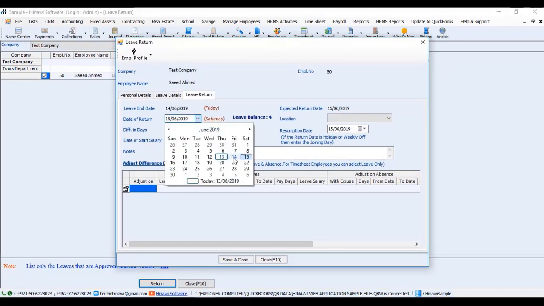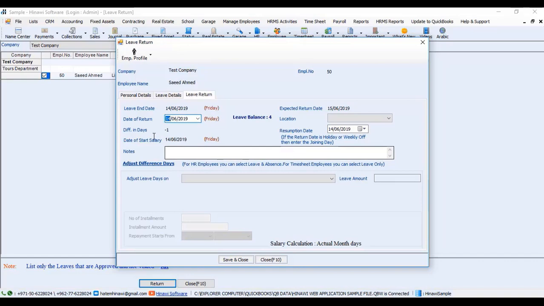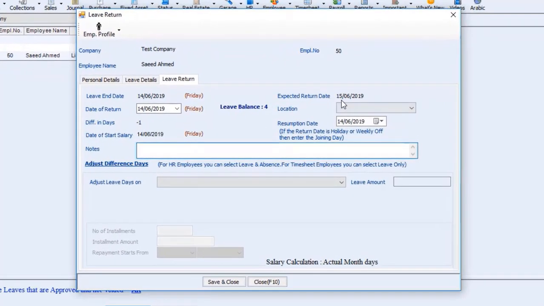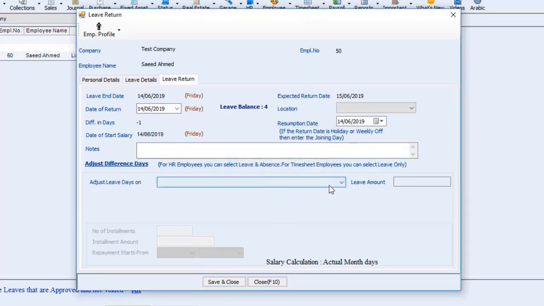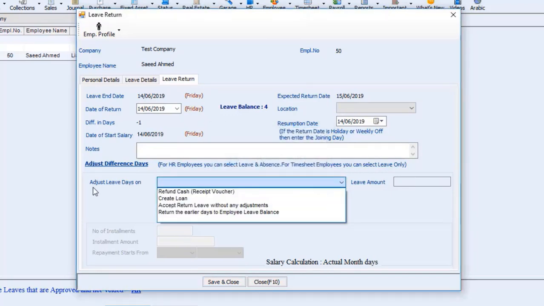So basically there's a difference in days because the employee returned earlier than this date. We click here that we want to adjust the leave days as of any of these types. So if we click on refund cash, we will then be able to use the payment, the receiving from employees. So let's choose refund cash,